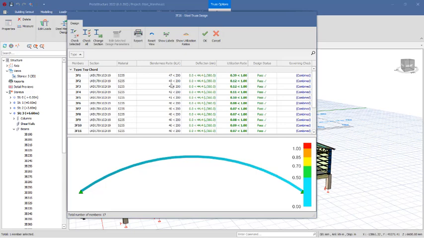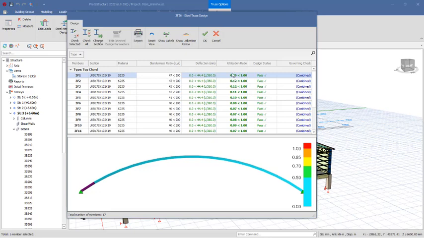Okay, so this is 47, less than 200, the highest slenderness ratio, and if you select this, you can see where the highest slenderness ratio is, at the support. If the 47 were higher than 200, these members, this particular one, may be failing. Also over here you can see this one that has the highest slenderness ratio